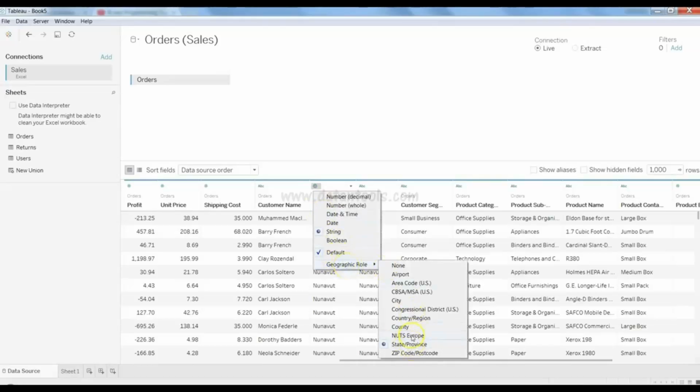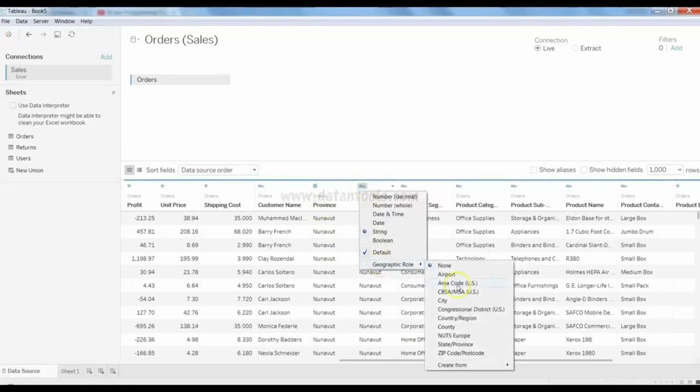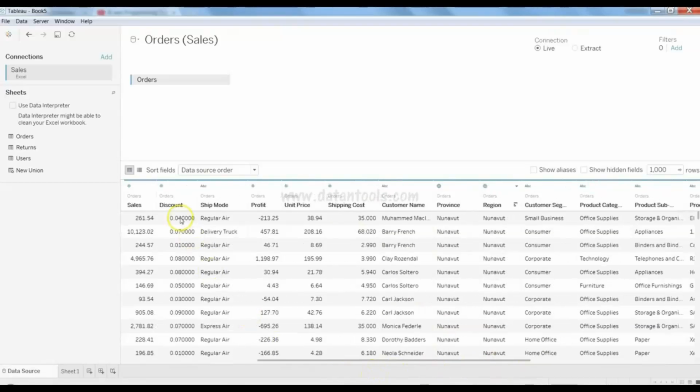state, province, as it is mentioned over here, these different options that you can see. And once you plot these values on the map, it will correctly do that. So for province, or in this case region, if you identify that it is a correct region, then you go into the geographic role and say country region, and then it will start identifying it as a proper region. Alright, so that's about the different formats that are available before you finally import it into the data,